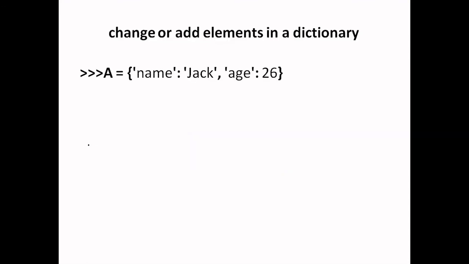In this case, if I want to change the value of age, I will use the assignment operator. I will write the subscript operator with age, that means the key part, here, and I will provide the new value for it. So here this age will be modified with the value 27. We can also add an element using the assignment operator.